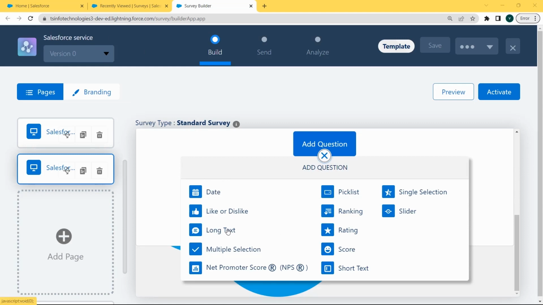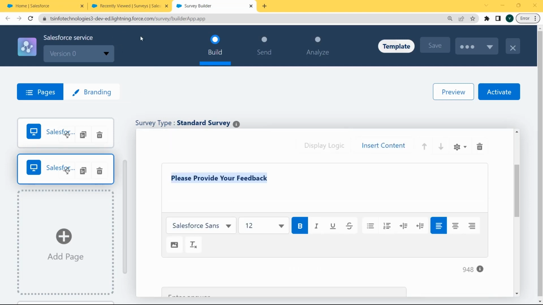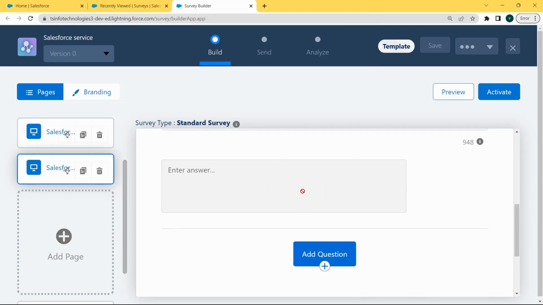Here we are choosing the long text option, where the participant can write the long text about our product. After selecting the long text, firstly write the question, that is please provide your feedback. After writing the question, there is a space below the question where the participant can write the answer.